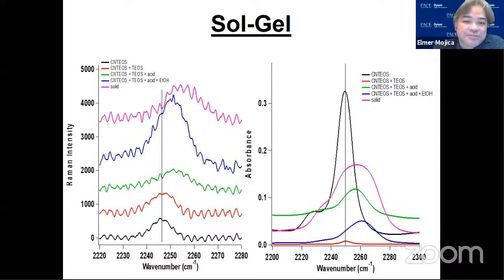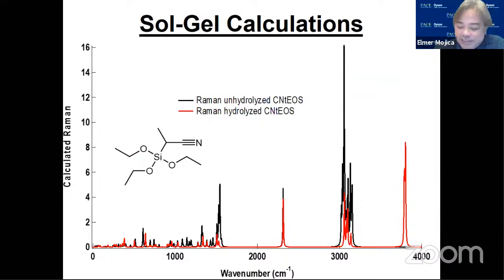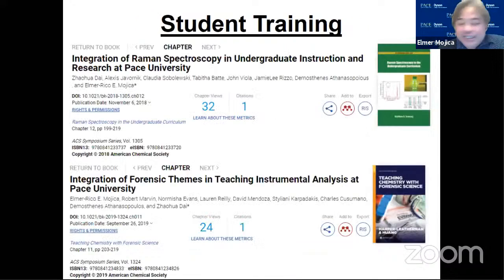And we're trying to finish a paper of this, although this was done almost 5 years ago. Okay. And we look at the calculation, what is happening, if it's unhydrolyzed or hydrolyzed. So we expect that the hydrolyzed is a hydroxyl group, because if you have a hydrolyzed, this group that you have there will have a hydrogen. It undergoes hydrolysis. Okay. And when I have the portable Raman that we purchased for $15,000 in 2013,